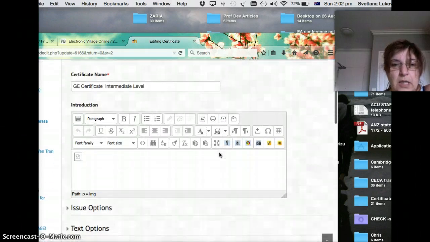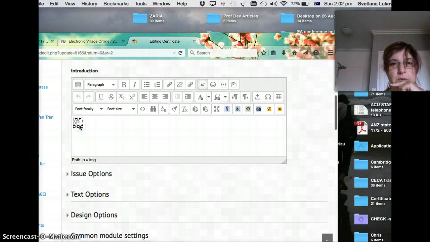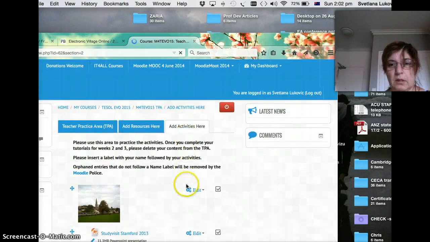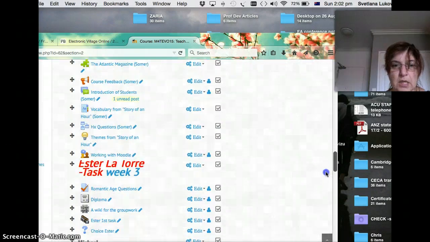So I even inserted an image which I hope would be visible. So if I click on an image, I should be able to open it. I hope so. It doesn't allow me. So I have also, again I'm scrolling down to my activities,